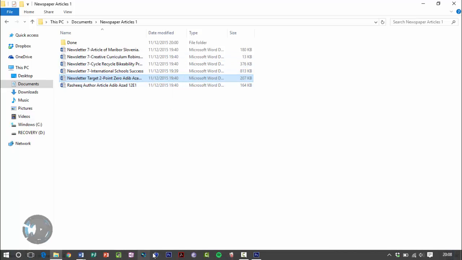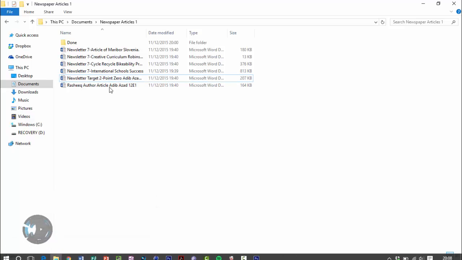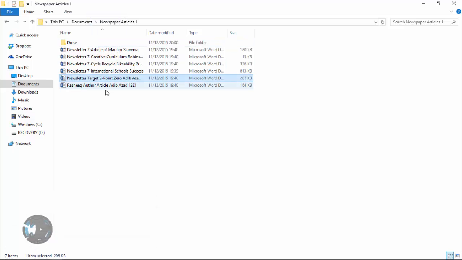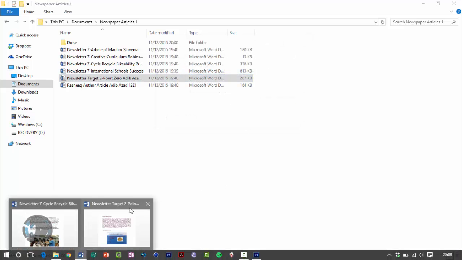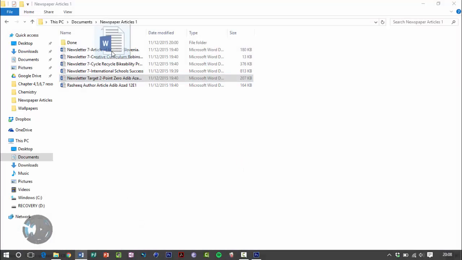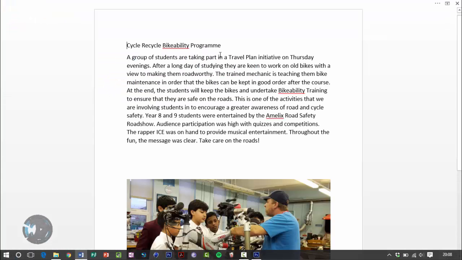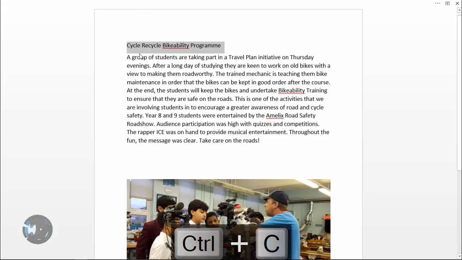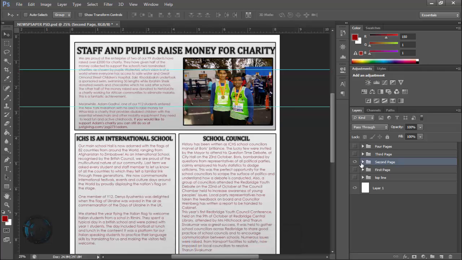Right, so which article did I just add in? Target 2.0 fixed this. Okay. So now I'll go for the next one, which is bankability program. So in the second page, to view everything on the second page, so you need to expand all